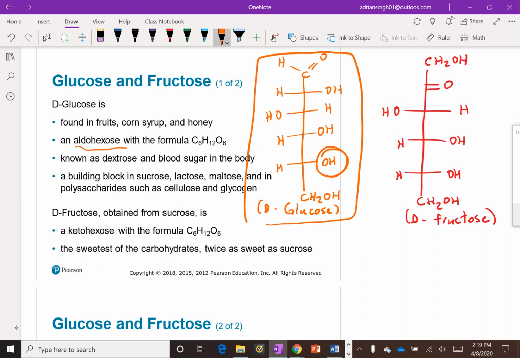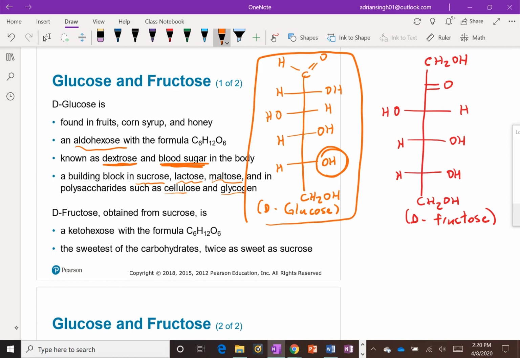And a couple other common names that you will see being used for glucose is dextrose, as well as blood sugar, right? So when you get your blood sugar measured, you're looking at the amount of glucose. And glucose is a very common building block for lots of other bigger sugars, things like sucrose that you find in table sugar, lactose, which you find in milk, maltose, and then in much bigger molecules such as cellulose and